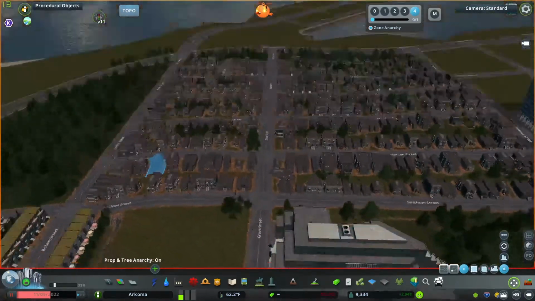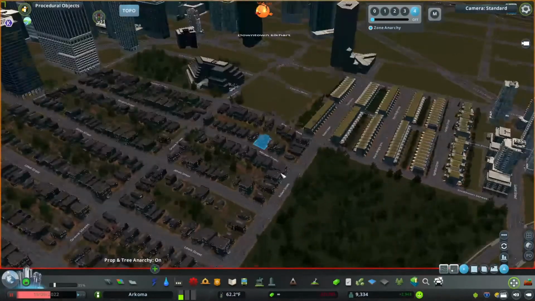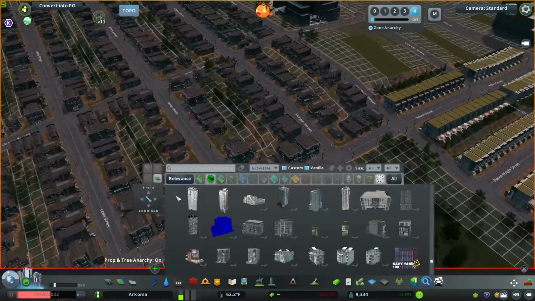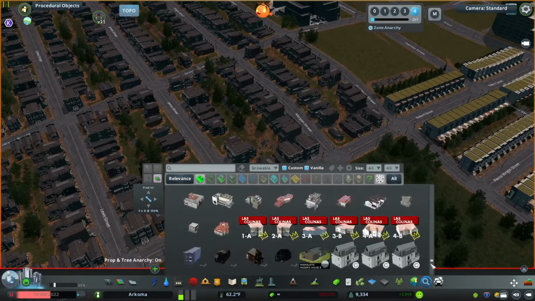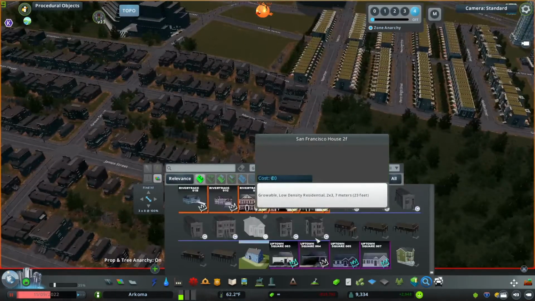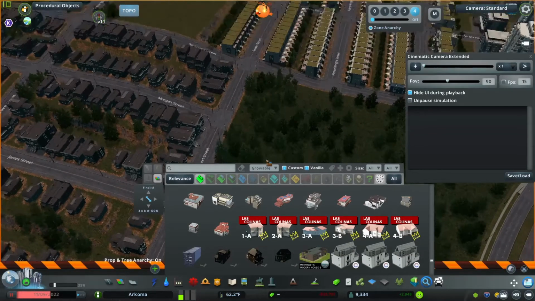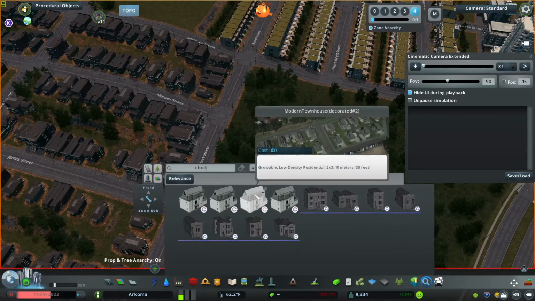But you saw me add the first kind of neighborhood we've got going here. These buildings are growable small housing. These are the San Francisco houses by Seabud. I have a couple of assets of his. I've got these modern townhomes also,